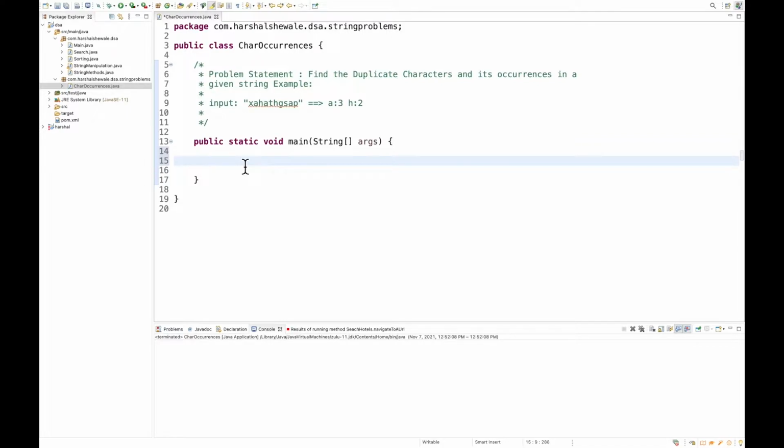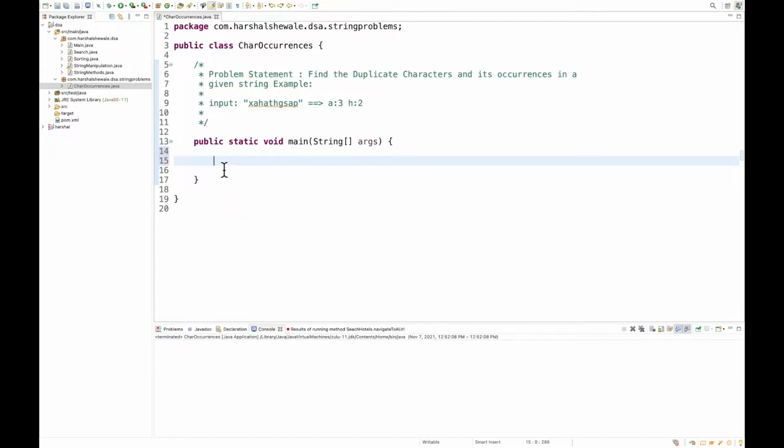This is very important, guys. A workable solution is not the only important thing, but also what data structure you are choosing and what complexity you are offering. We will try to solve this problem with O(n) time complexity, which is one of the optimal solutions. Linear time complexity. So let's start.